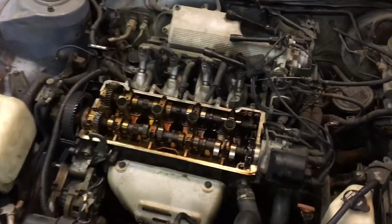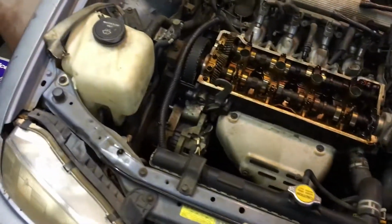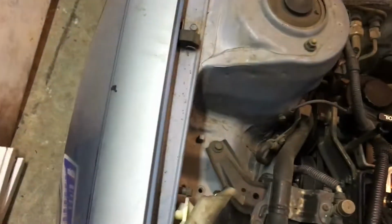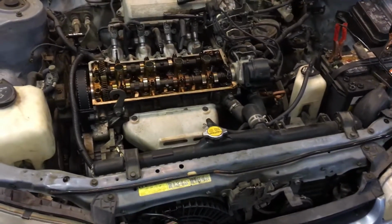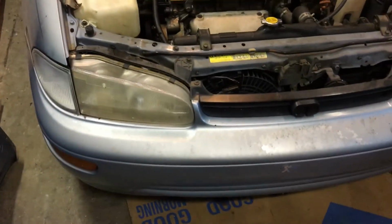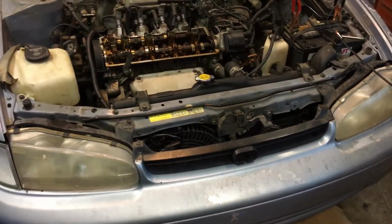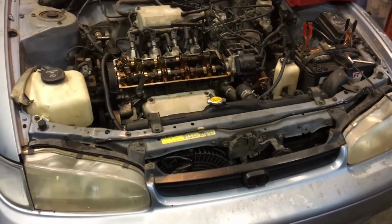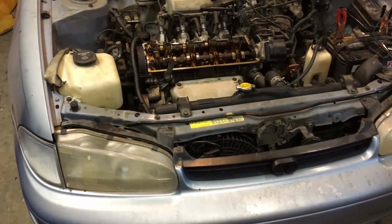The motor's blown up in it, but it's got a good trans. And it was actually cheaper to buy this whole car than just an individual trans from the junkyard. So, yeah, the price of this whole car was cheaper than getting a trans from the junkyard. So I'm gonna get the trans off of this, a couple other odds and ends like fenders, doors, rims and tires,